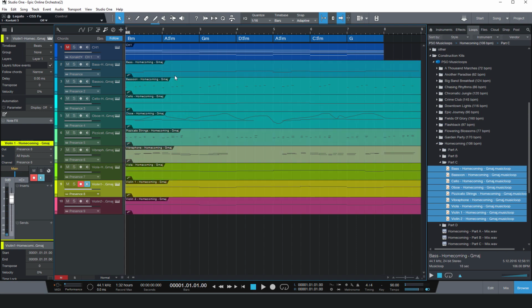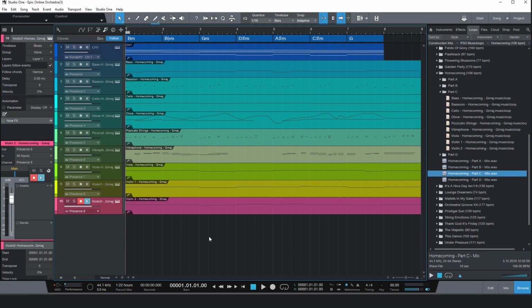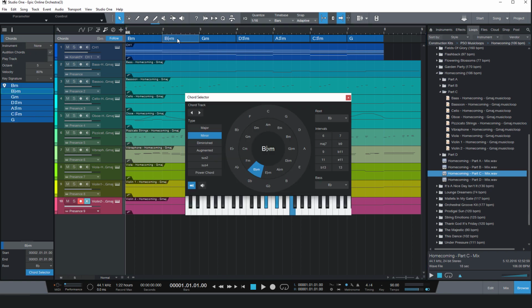You see, we took these construction kits which originally had completely different chords, so with the chord track we can bring them into a completely different mood. And if you don't like one of the chords, just click it in the chord track and maybe let's change this chord to a G flat minor and then G major, A major,